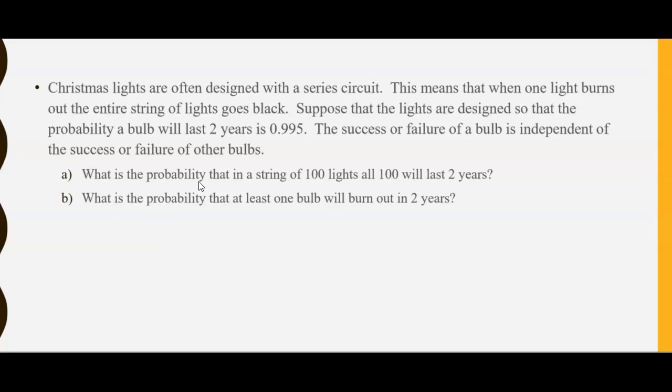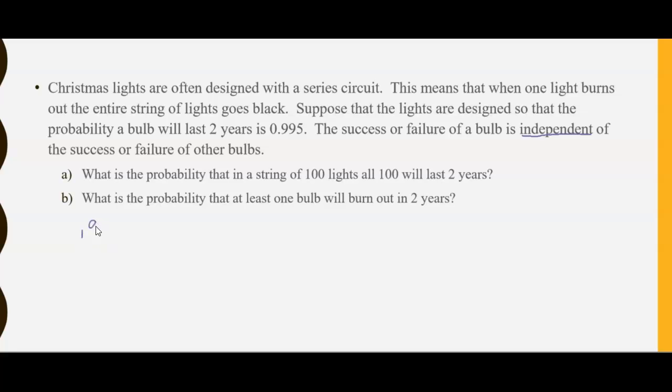A. What is the probability that in a string of 100 lights, all 100 will last 2 years? So in problem A, we have to find the probability for 100 lights lasting 2 years. They give us great information. They tell us in this problem that the bulbs are independent of each other. So if the bulbs are independent of each other, we simply have to take